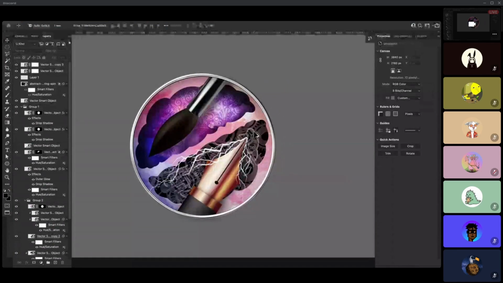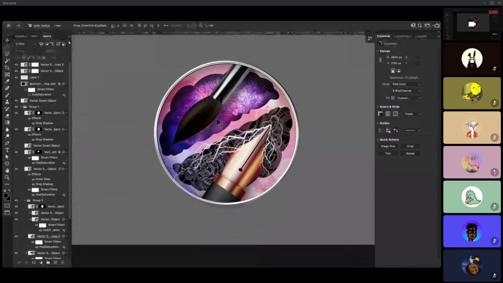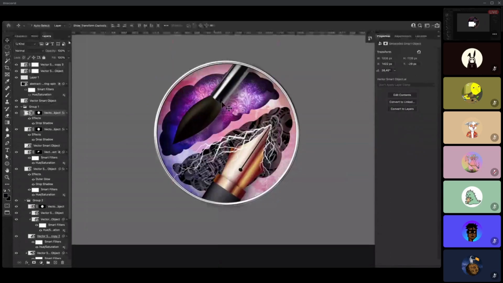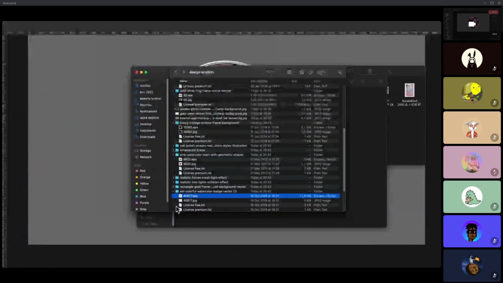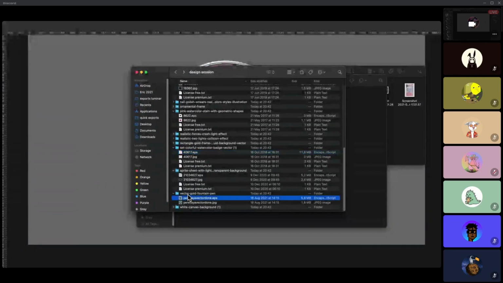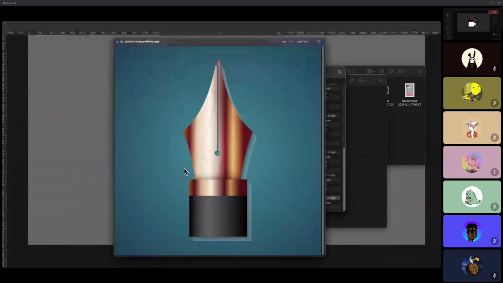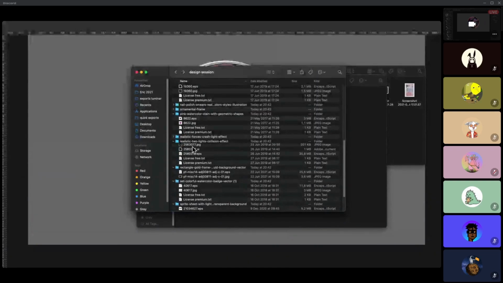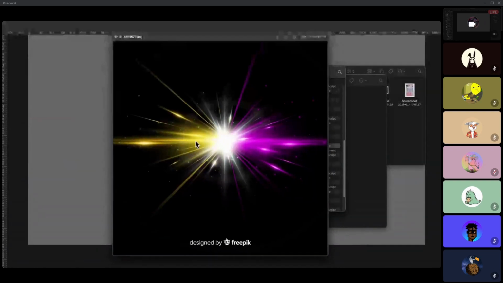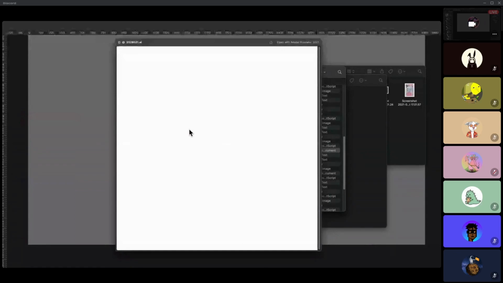So now we have this composition where we have the pen and we have the brush, but the brush is looking very simple, very plain, because this one has sparks, but this one is just randomly sitting there. Probably we need to add some paint swags or some sort of thing. So I was thinking to add this. If I go here, I don't know if this is the one, no. Oh yeah, and these light effects were to add further to the drama, but I didn't use them so far.